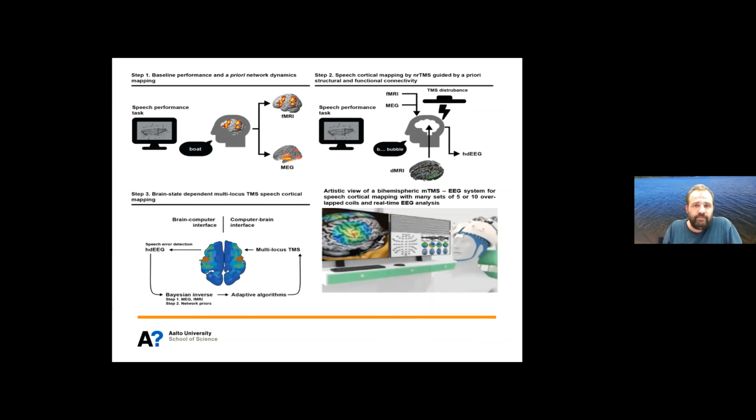So very briefly, the idea is to use the a priori information and put it in the system. We do want to do it automatically. We do want to use the structural or the functional or the effective connectivity, which is actually everything, to guide the coil. Because TMS is very user dependent, especially mapping, so we want to overcome these dependencies.